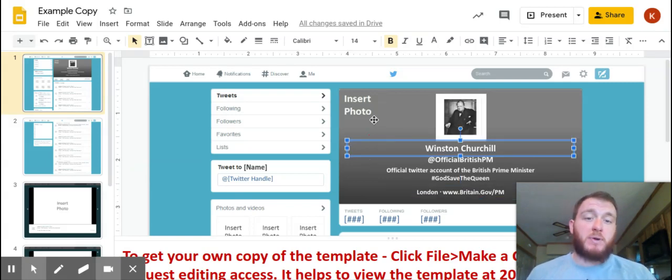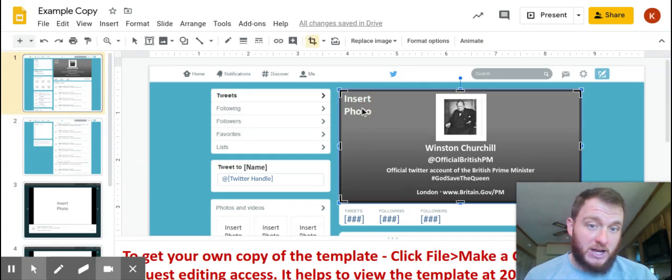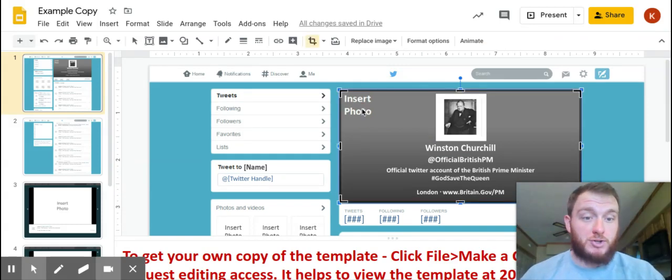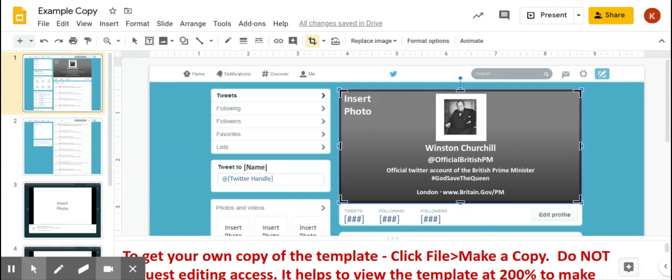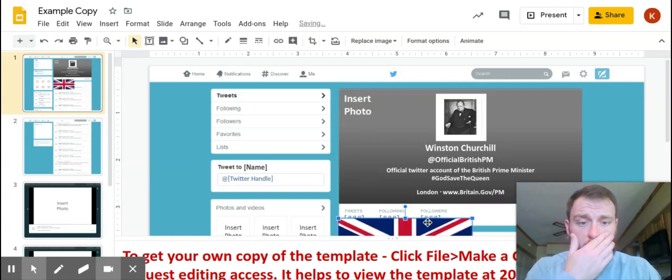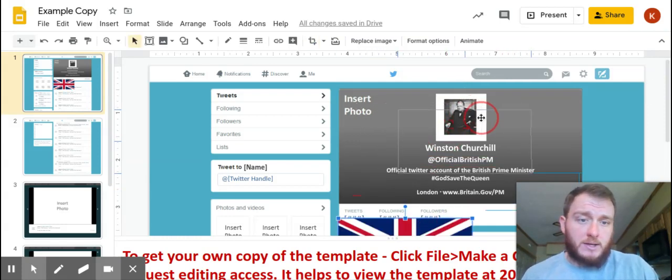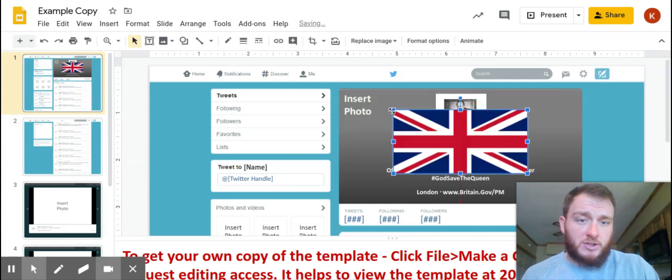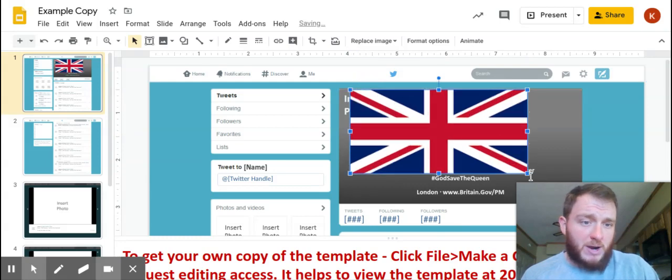This up here, this gray where it says insert photo right here, this is a background picture that's supposed to go back here. So I'm going to go over here and Google British flag. Copy image. And I'm going to put this back here. Now, what you can see here is as I'm matching it up to fit this gray box,